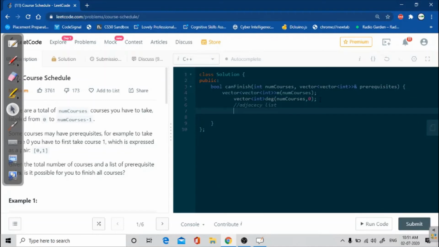We know that the size of the array is num courses, so we'll just go till num courses, i++, or it is better to go till prerequisite dot size.